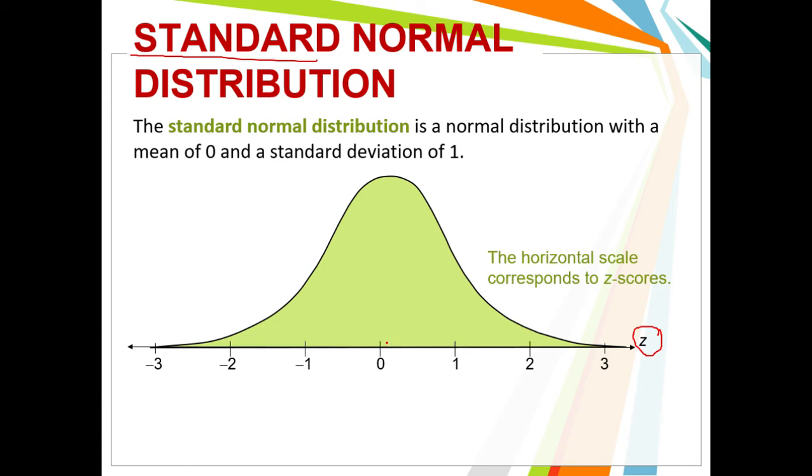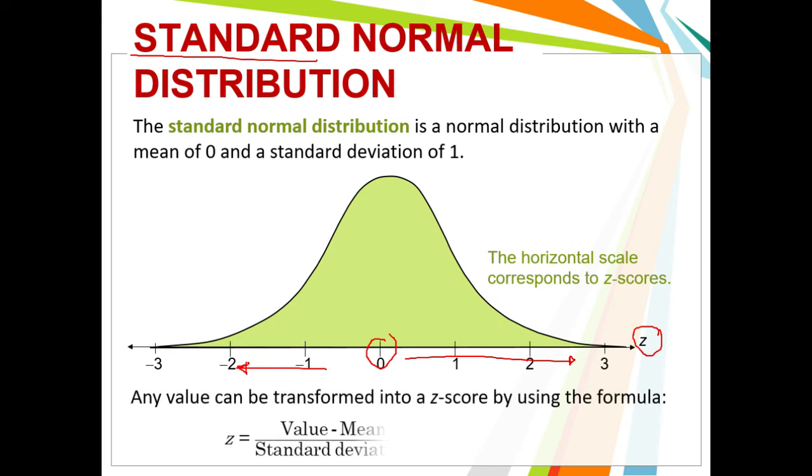So if we observe sa ating curve, yung ating mean kanina, which is yung ating line of symmetry, instead na value of mean, naging 0. And if we go right, yung values niyan is positive. So positive z values of 1, 2, 3. Going left are negative values naman of z. So yun, ang nangyari is we transform our random variable or yung ating original data into z values or z scores. So paano? That is yung value or the random variable minus the mean over the standard deviation.